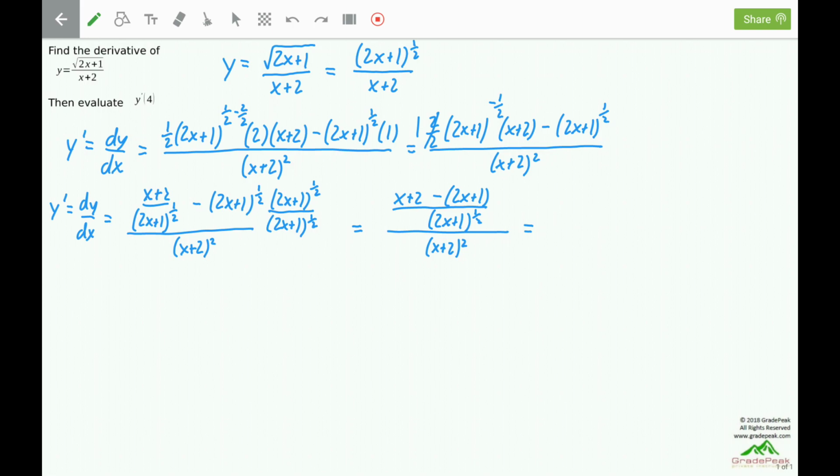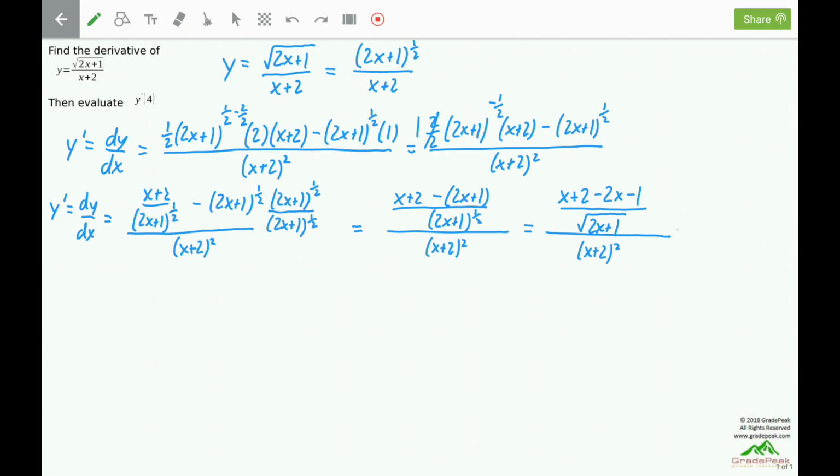So back here in the numerator, we can distribute the negative sign into that expression. We'll have an x plus a 2 minus a 2x minus a 1 all over 2x plus 1 to the 1/2. Another way to write that is square root of 2x plus 1 to the first power. So we can just write it that way now. And then all this is over